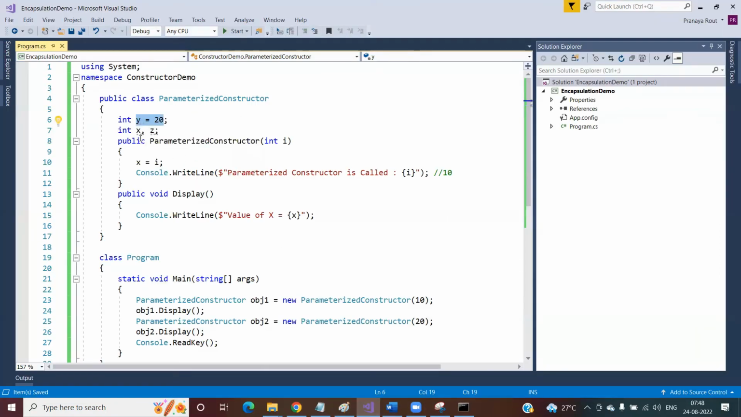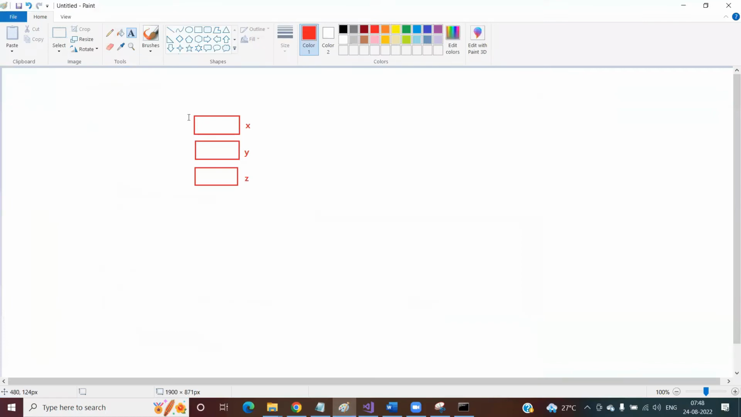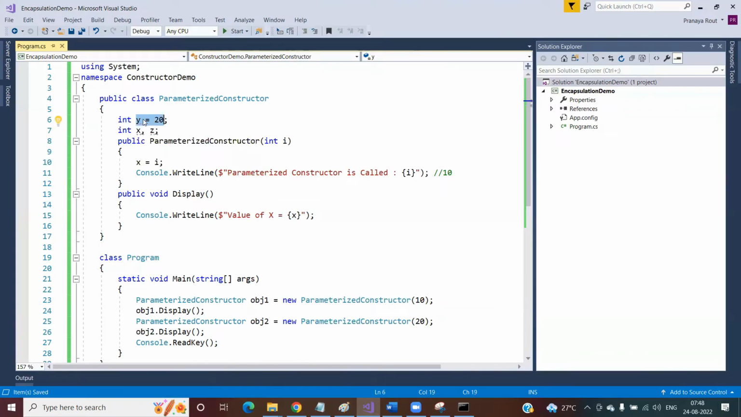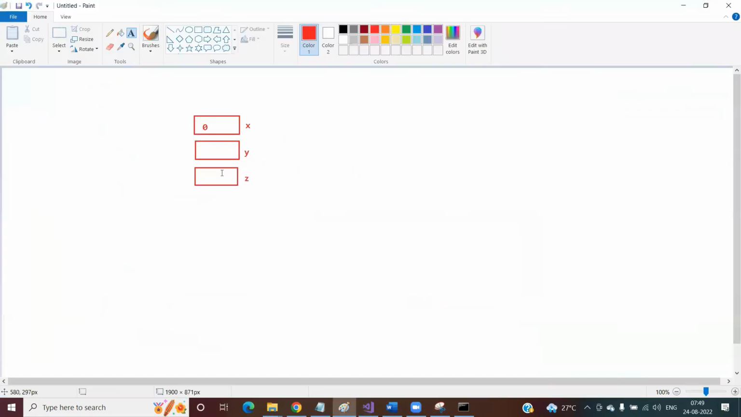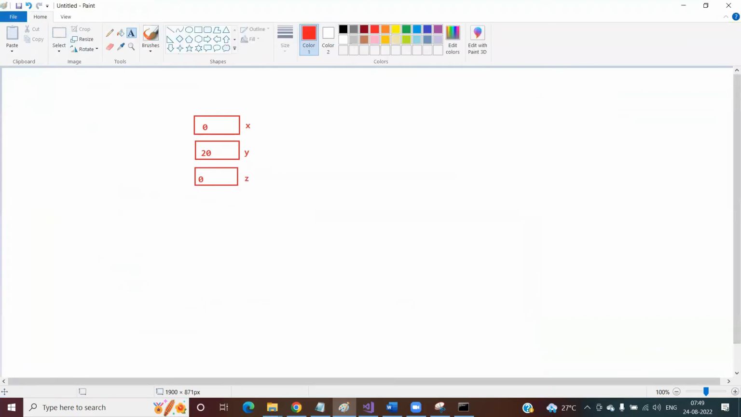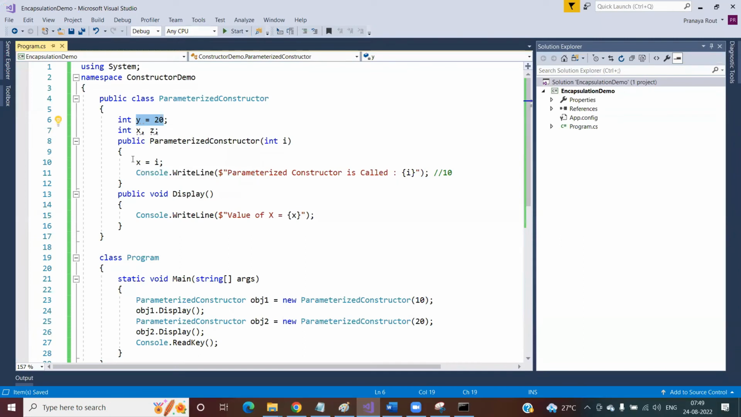You can say for x and z, we are not assigning anything. For x, it will first of all initialize with 0. For y, it is going to initialize the memory location with the value 20, and for z, it is going to initialize the value 0, right? So this thing happens. Once the constructor initializes the data members, then it will start